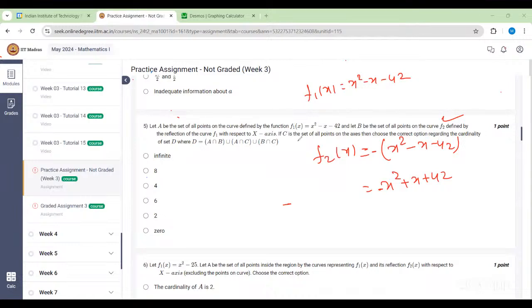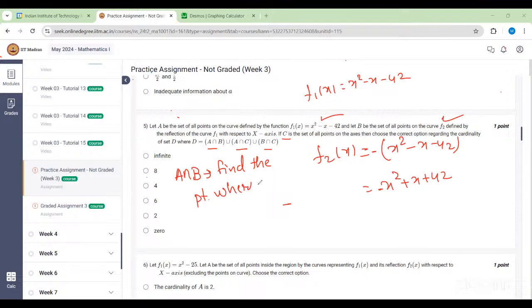the cardinality of the set D. So C is a set of points on the axis. It means the points where these are intersecting with the x-axis and y-axis, I guess. So the set D is A intersection B union A intersection C union B intersection C. So A intersection B means the intersection of these two curves. So if you want to find A intersection B, you will find the points